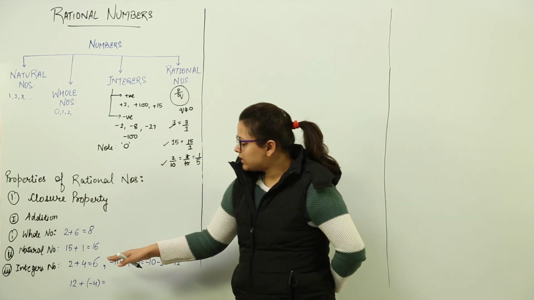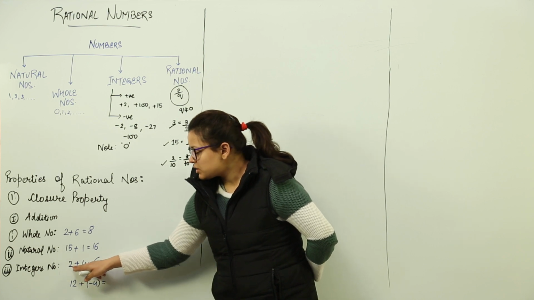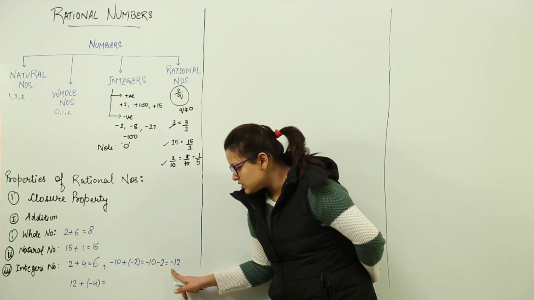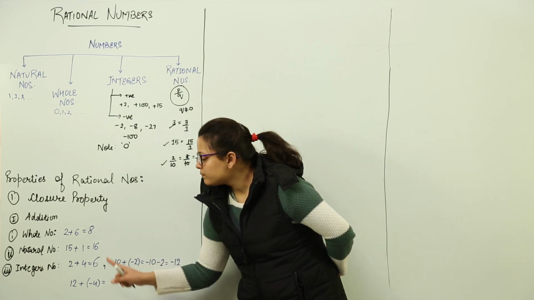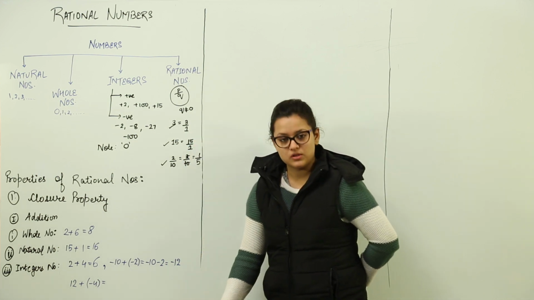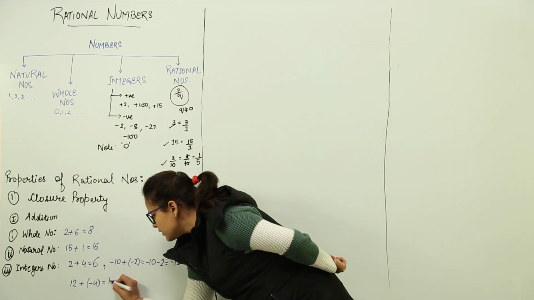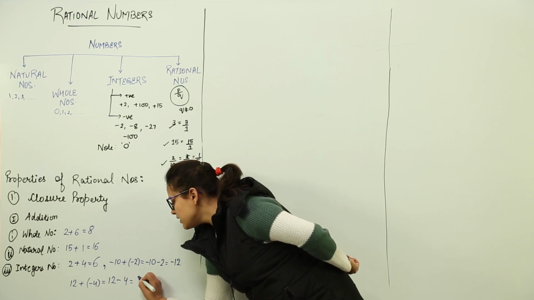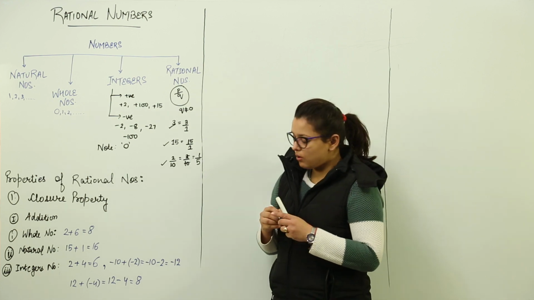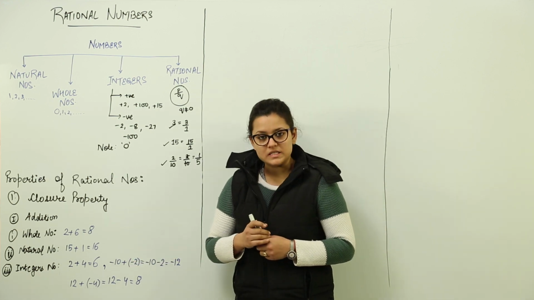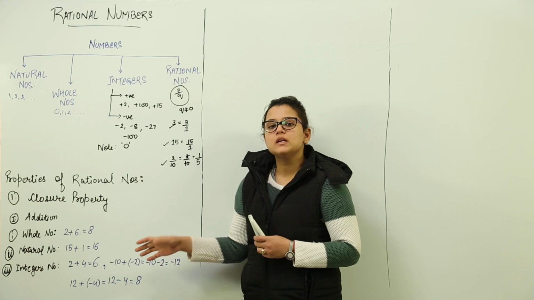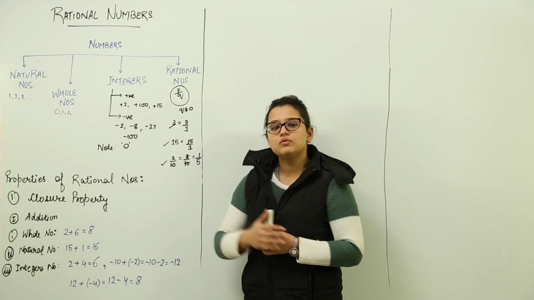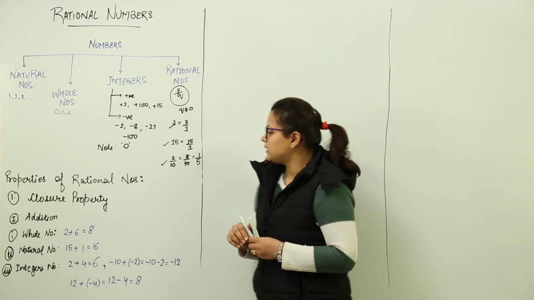Now we have already checked what is the result of addition of two positive integers, and what was the result of addition of two negative integers. What will be the result of one positive and one negative integer? Let us try. This will make 12 plus minus 4. So this will give me 8. Now in all the three examples you would notice that the result is coming out to be an integer only. That means integers also fulfill the closure property, right?